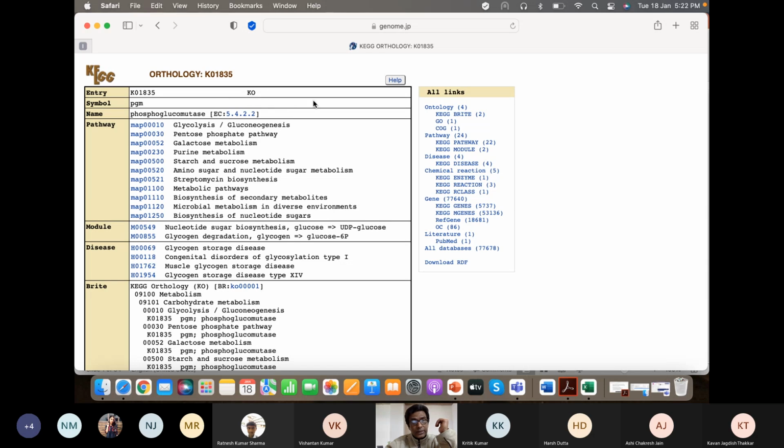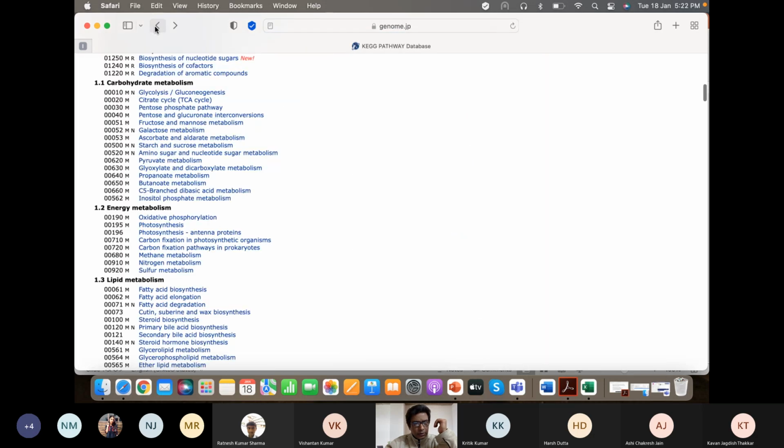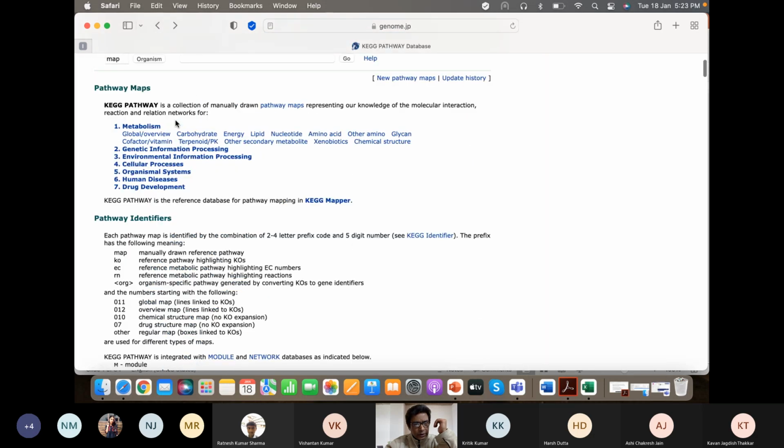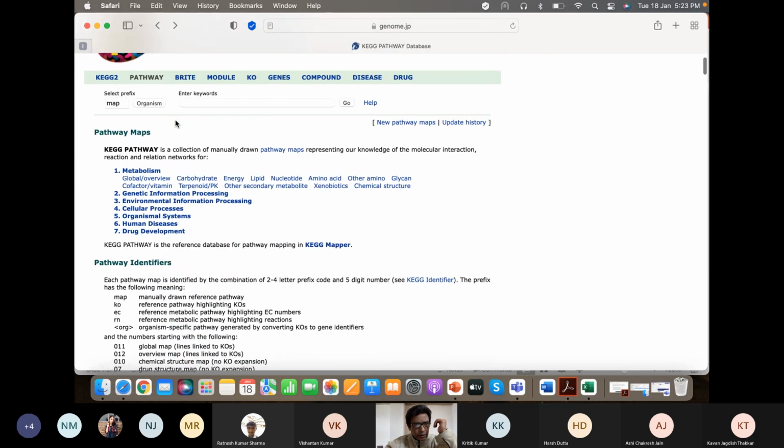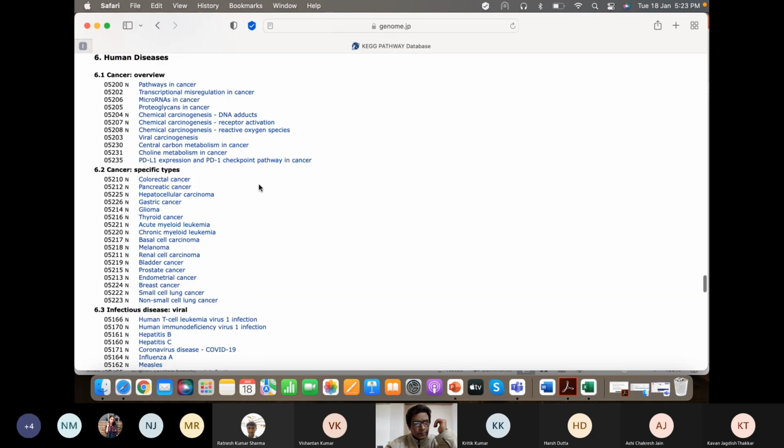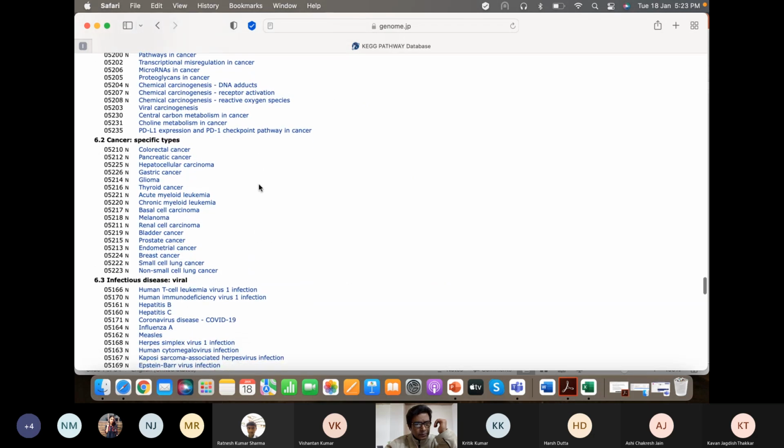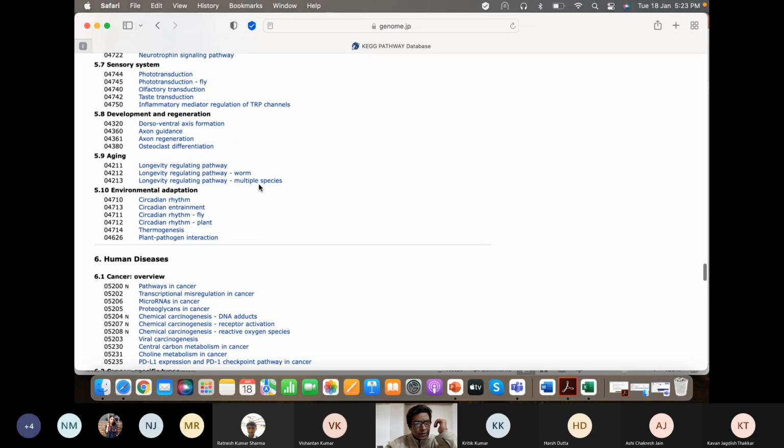This database is a very good starting point for making your search to understand what is known in the literature up to this point in time. It's regularly updated regarding even diseases also. So actually, I can show you. I do not know if there's a disease thing here. Human diseases, for example, right? And